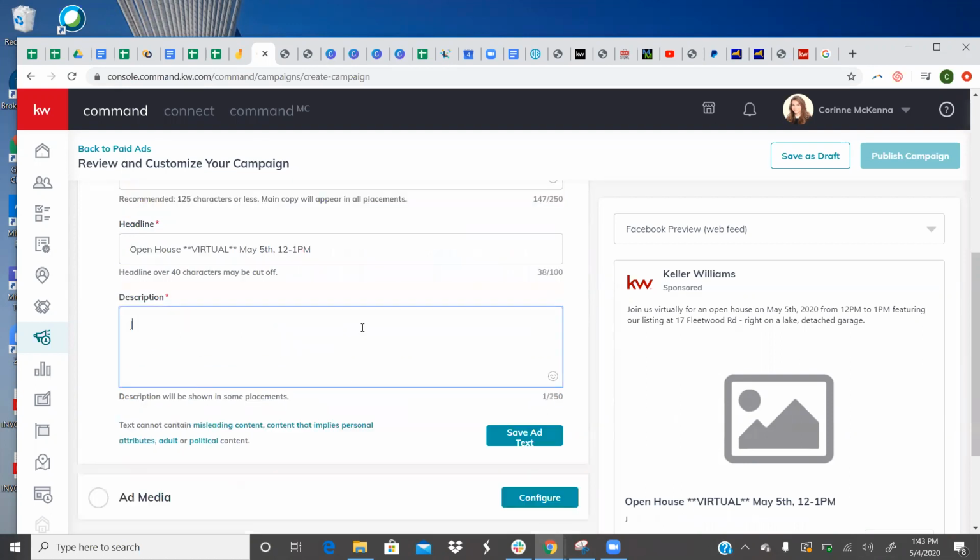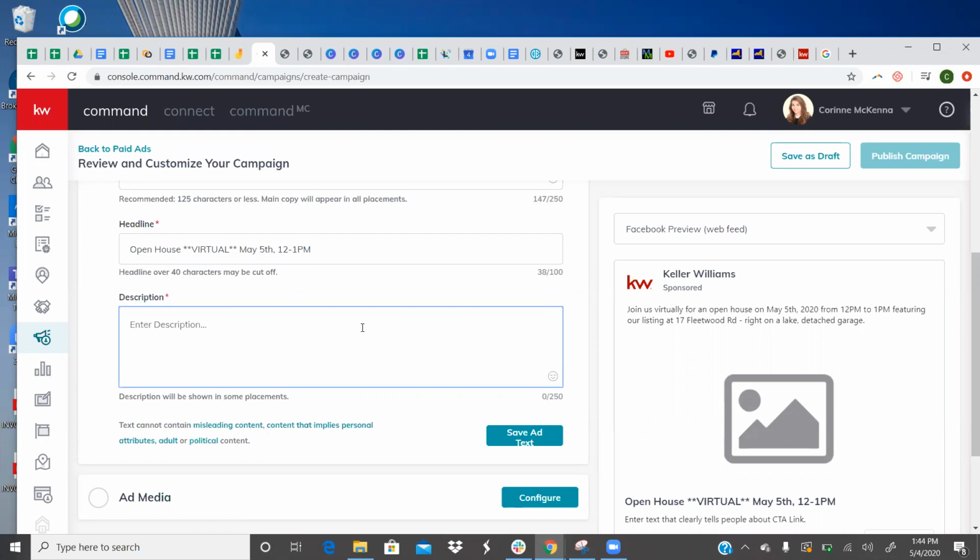And then you can here again reiterate or give different advice or information on how people are going to access the open house. Maybe say, like, join the open house by going to the landing page, which we just created, obviously, which we'll embed. Go to the landing page and enter your information, and we'll contact you with a Zoom link video, however